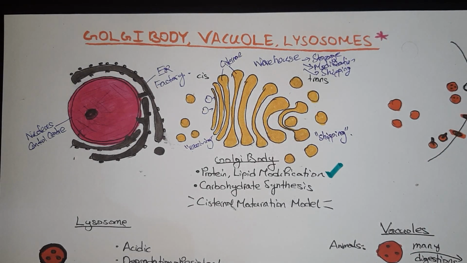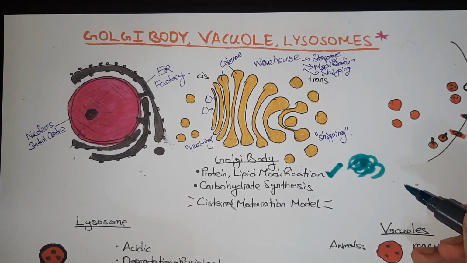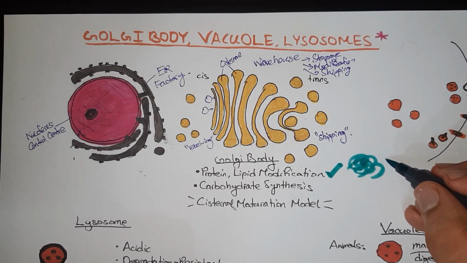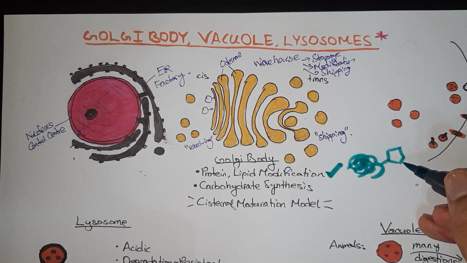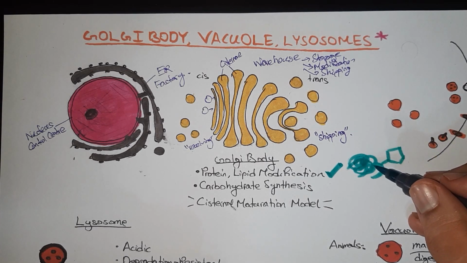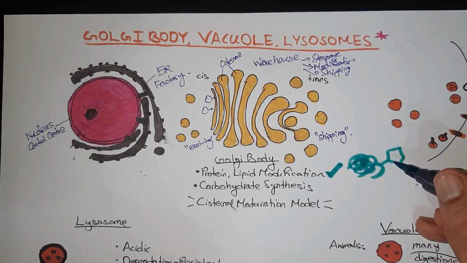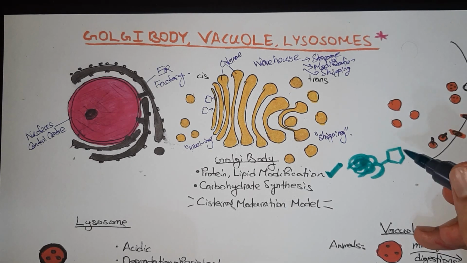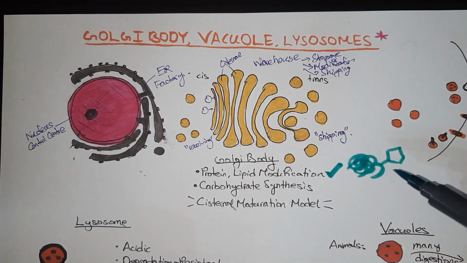So how are the proteins modified? Two important modifications happen. The first modification is that usually glycosidic groups are added. Glycosidic groups are sugar molecules. Usually extracellular proteins are rich in sugar molecules because these serve as identification tags. The identification tags help the protein in its function. So this sugar molecule is added to the protein in the Golgi apparatus.